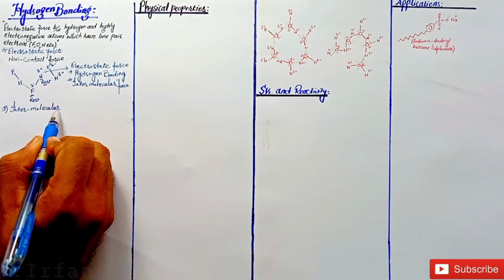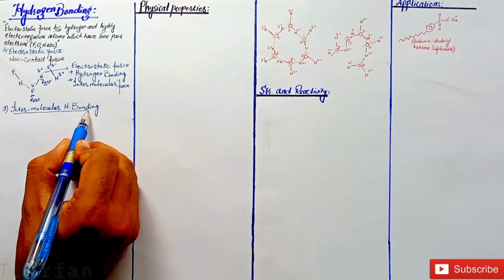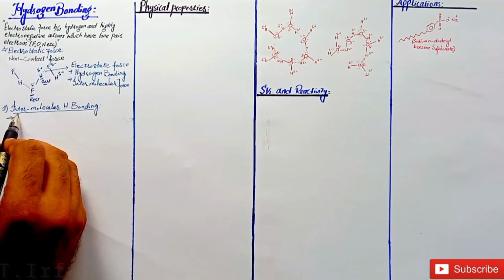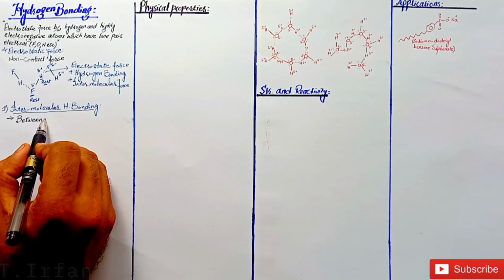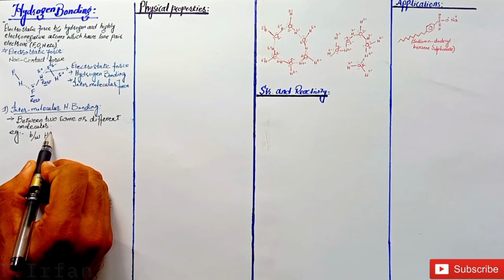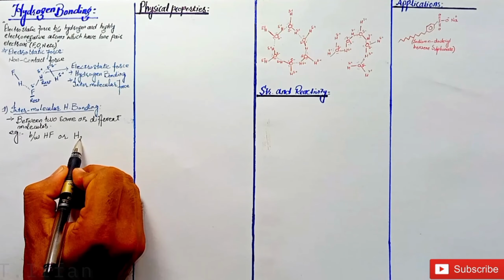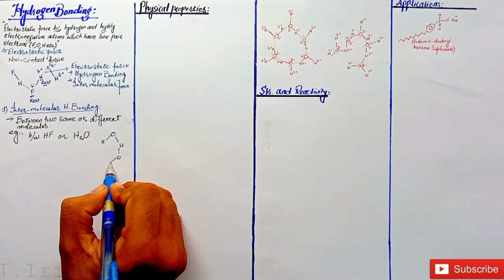But before we discuss the effects of hydrogen bonding on physical properties, structure and reactivity, we discuss its two different types. Intermolecular hydrogen bonding. This is a type of hydrogen bonding which develops among same or different types of molecules. For example, as we have discussed, the force which develops between hydrogen and fluorine among hydrogen fluoride molecules is a type of intermolecular force. And the forces which develop among water molecules are also intermolecular hydrogen bonding.